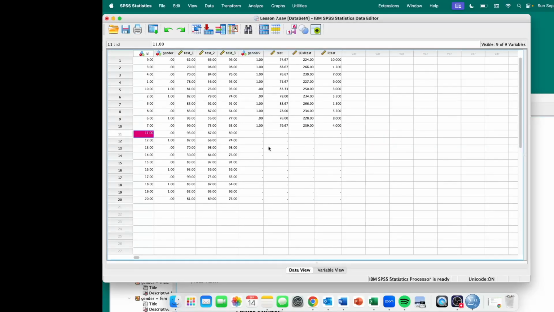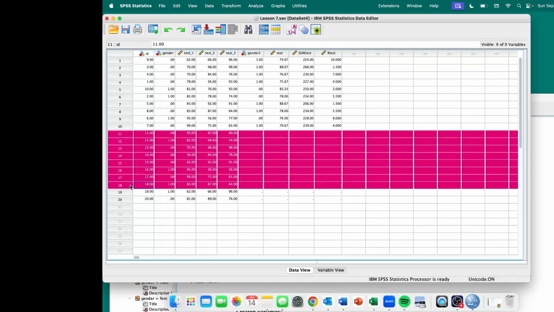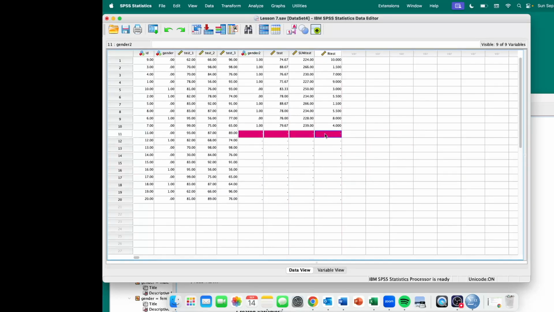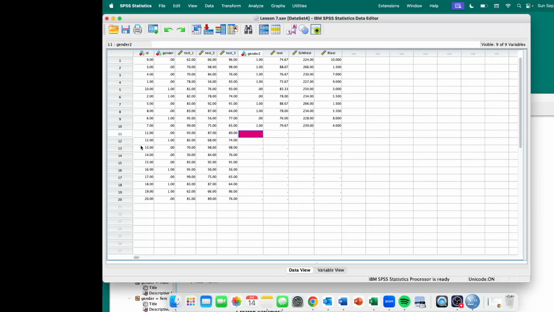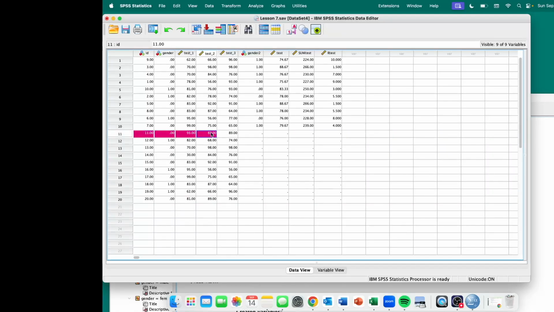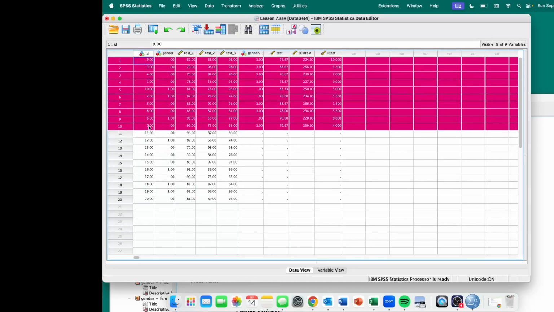So I hit OK, and we still have the data for these variables that we already computed. Now we have new cases added, and we would have to recompute these variables if we wanted the data for these, but that's not necessary for this assignment. I just want to verify that you know how to merge a file. Another option for merging a file is, instead of adding cases, say you don't need to add new instances, new participants, new students. Instead, you have a different data set on the same participants, so these same